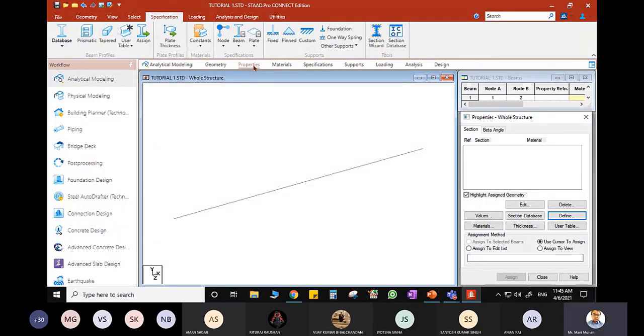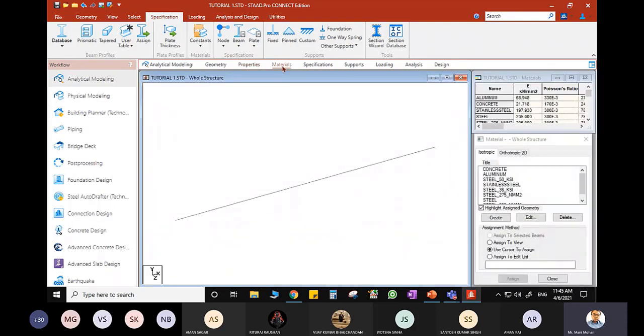You can skip property right now because I need the material definition. I can select this material tab. Okay, so this material option I can click. I need to create the material. As you can see, the earlier material was the list which you had when you were going for the section property. Like I can show you. Here you can see concrete, aluminum, steel 50 KSI. These all can be reflected here.